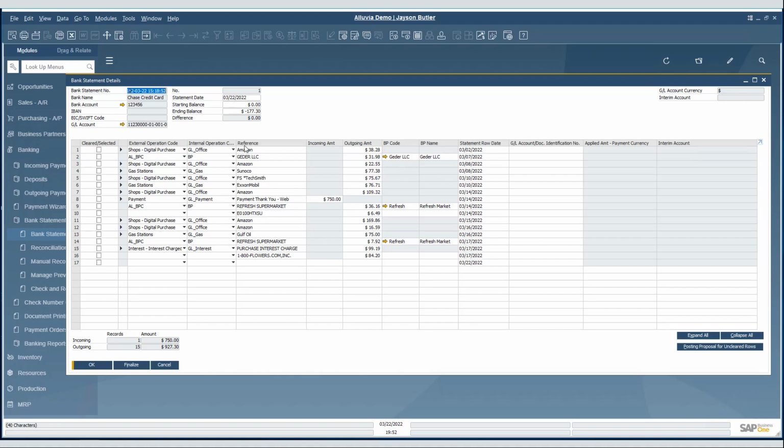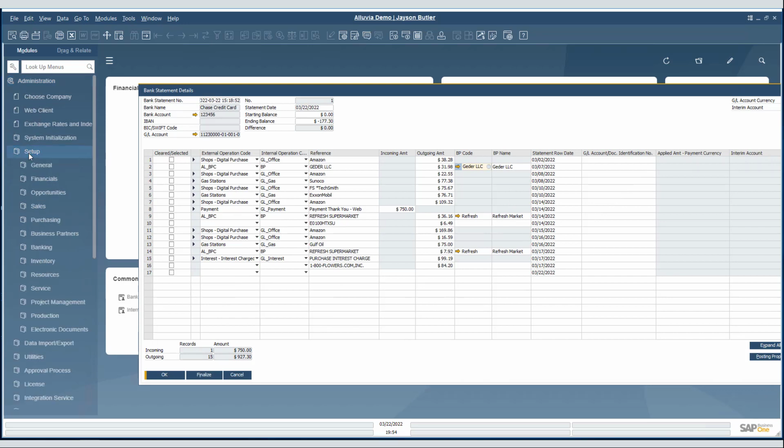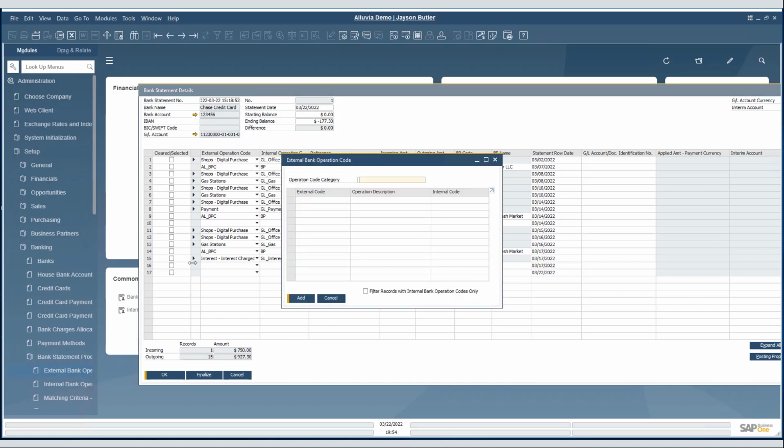Here you'll notice some of the items have been filled out based on the operation code. So we're going to have to set up these codes. We go to bank statement, external bank operation codes, and we've decided to match them on category codes. So we create an external code for things such as gas, payments, shopping,